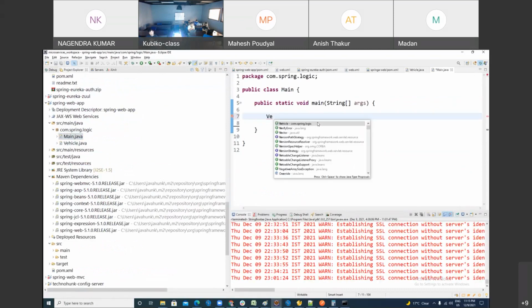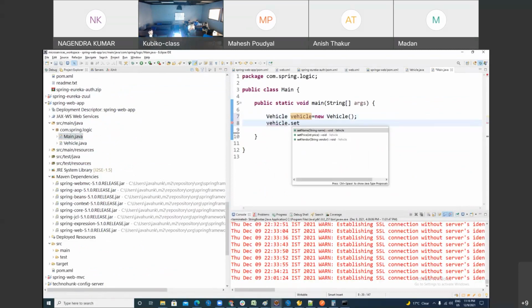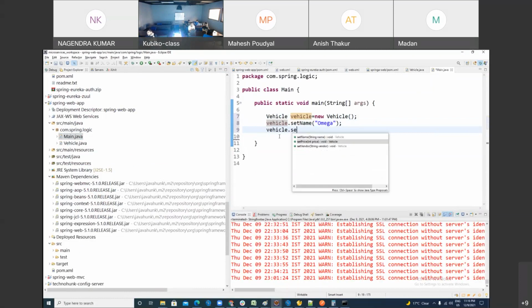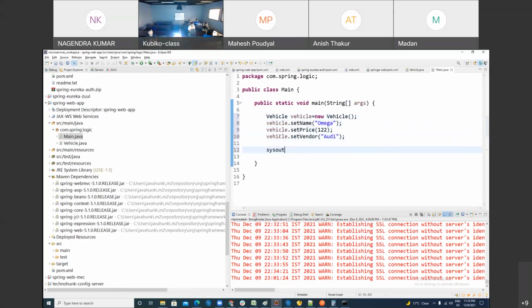So here I'm just making an object of vehicle. Can you see this? I have a question for you. Who is making an object of vehicle? Programmer using new operator. After it, who is setting the value of it, like name, vehicle name is Omega? Who is setting the name, state of the object? Programmer. I'm telling you, you need to know what purpose Spring is made for. Spring is not made for this example. This example I'm teaching you totally wrong, but it's fine. We are learners.